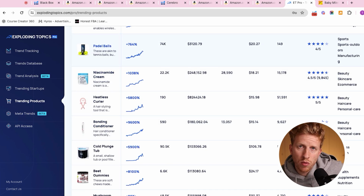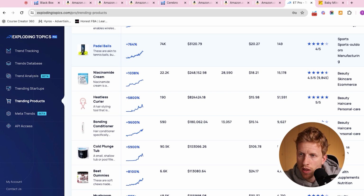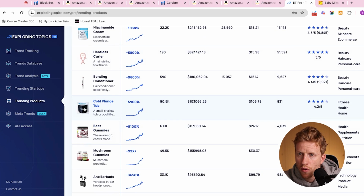If you were early on with Paddle, if you were one of the early Paddle brands to bring Paddle stuff in, then you could have made a lot of money. The same with the cold plunge stuff. That's obviously a very, very trendy product right now. I wouldn't recommend anybody launches one of these now, but if you got in three years ago,